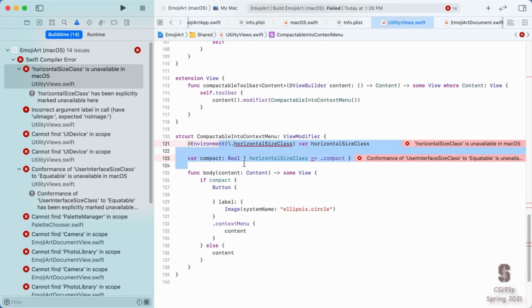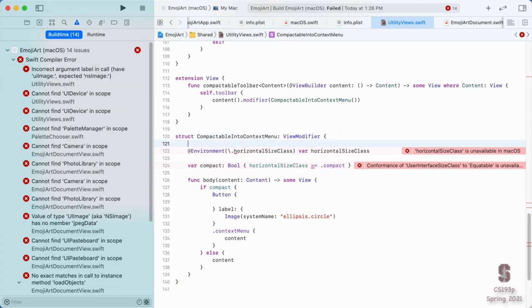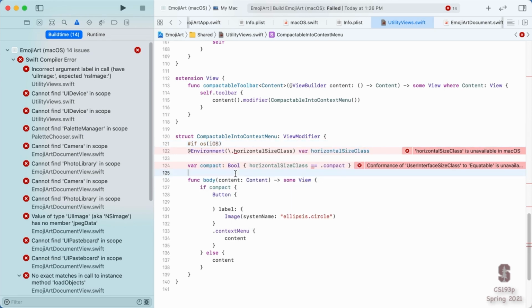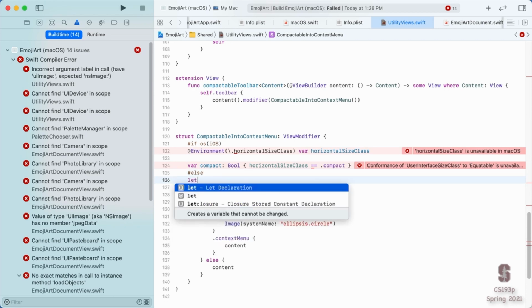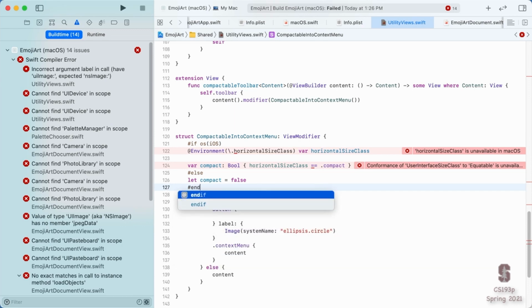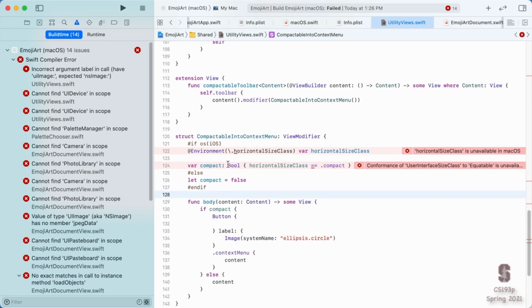Now, how might we work around this? This is a case where I'm going to use a nice little #if that lets us make our code be dependent on a certain operating system. So here I'm going to say #if os(iOS), then I'm going to do this whole thing. Else, I'm going to do essentially let compact equal false because we're never compact on the Mac.